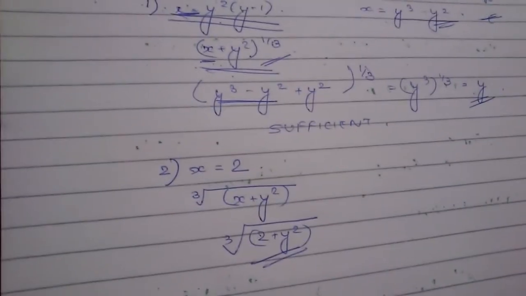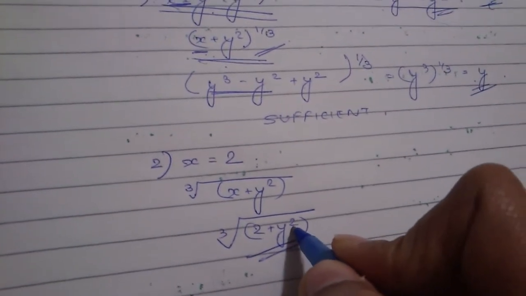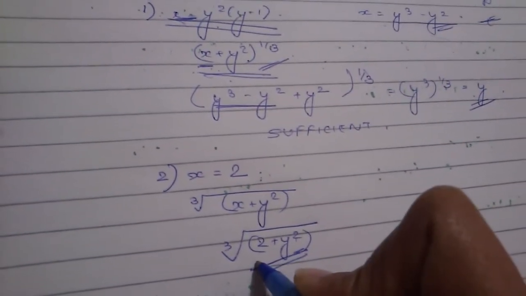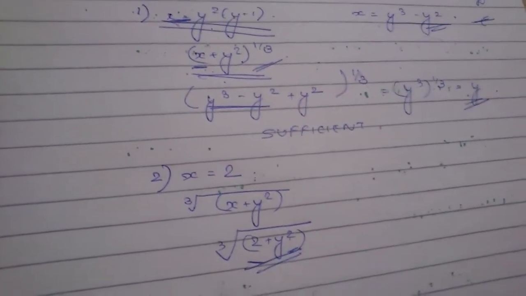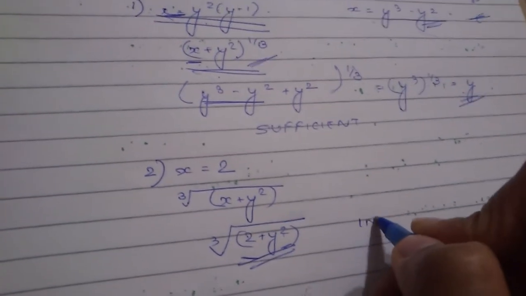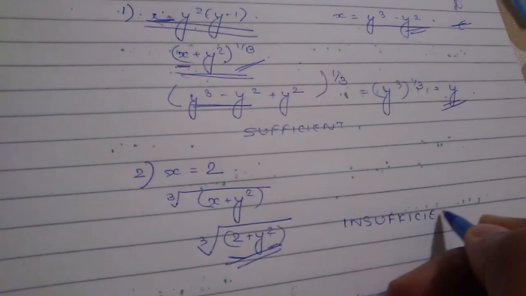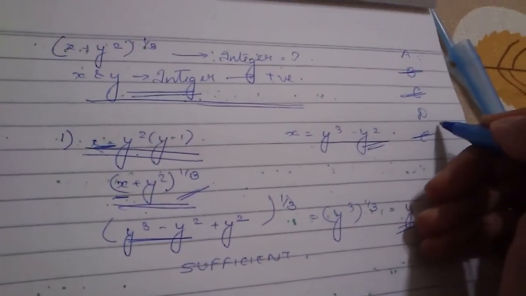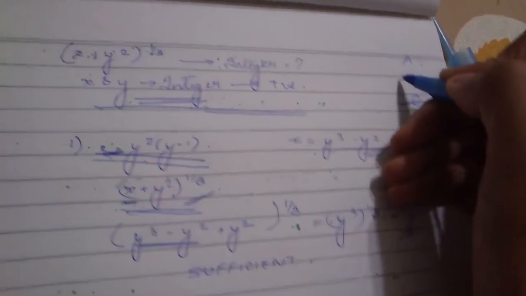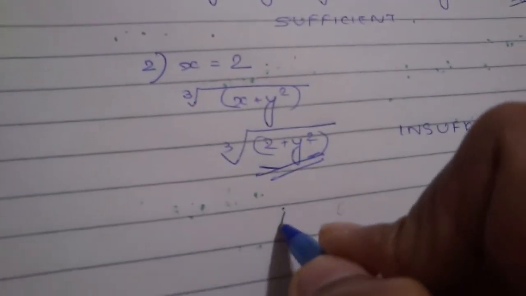This we cannot evaluate anymore because we have no idea about the value of y. The only value we have is 2. So this is insufficient. We cannot find out in any way the value of y. All we know is y is an integer and it is positive. So this is insufficient. Hence, from these options, D also can be eliminated. The only option remaining is A. And hence, the answer must be